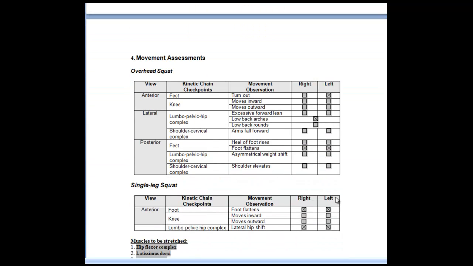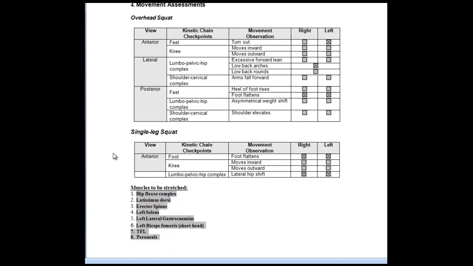As far as the movement assessments go, you'll see this in more detail than in your textbook. The anterior and lateral views are going to be the most important. The posterior view gives us a little bit more feedback as far as what's going on in the pelvis, what's happening at the shoulders, and if there's any excessive pronation at the foot. So if you'd like to take a posterior view and check that off on the screen as well, feel free to do so. Single leg squat. If someone has a very poor overhead squat or two-legged squat, don't do a single leg squat with them.